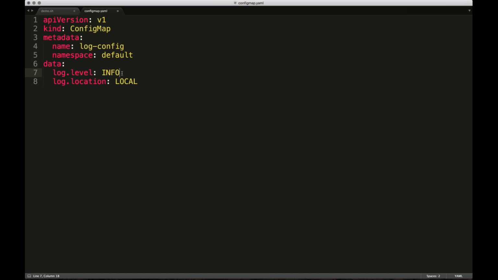So the entire application, which is composed of a set of containers, will read from this configuration and will define the logging mechanism accordingly. So this is a real world scenario where you would want to influence logging of your applications at runtime,